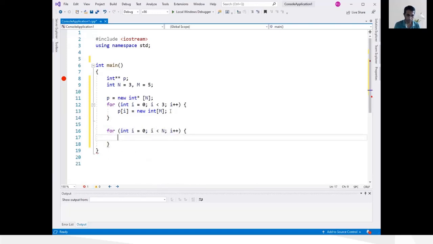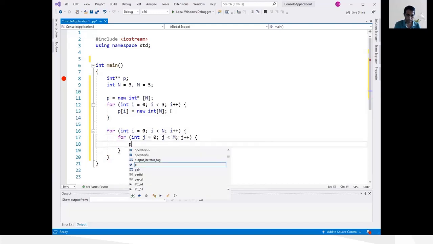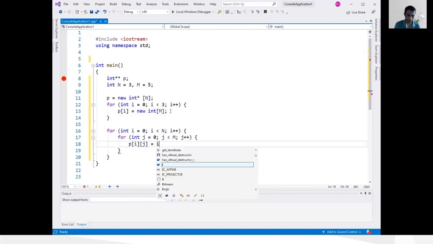First one is i, and then j less than m. m is the size of the column. j is less than m, j plus plus, and then p[i][j] equals, say, something like,